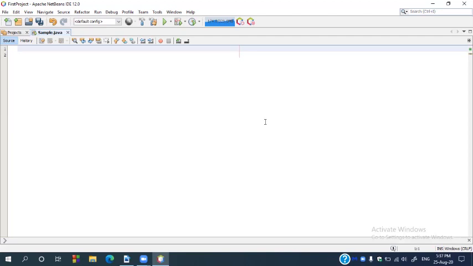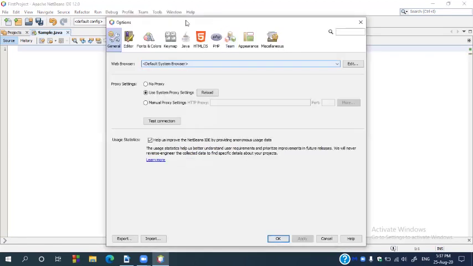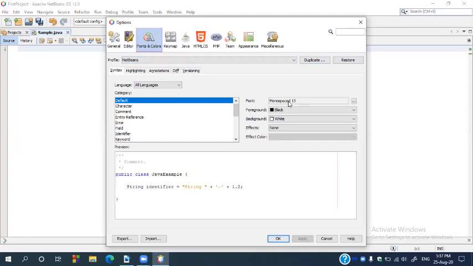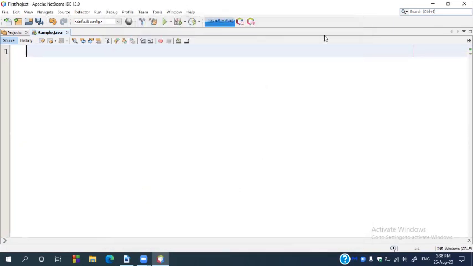Most of you are aware of C programming. I will tell you how Java programs are different from C programs. I'll compare both of them. Generally, a C program's main function is like this. Let me increase the font size. To increase the font size, go to Tools, choose Options, and here you can find Fonts and Colors. Now the font size is 13. If you want, you can increase it. Let's say 24. Now it's better.